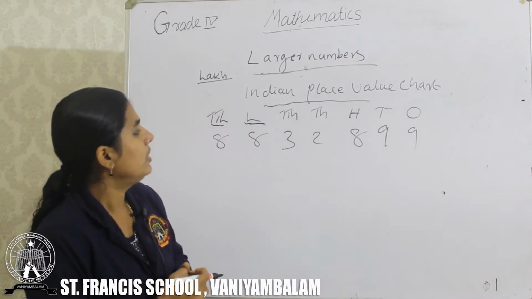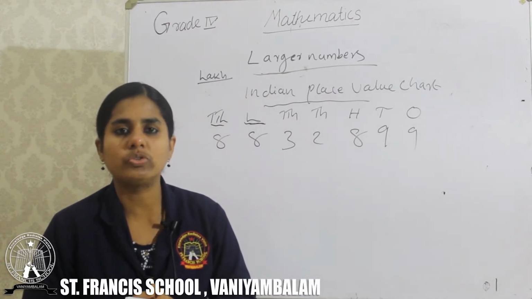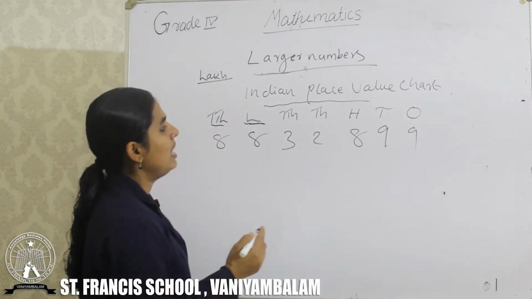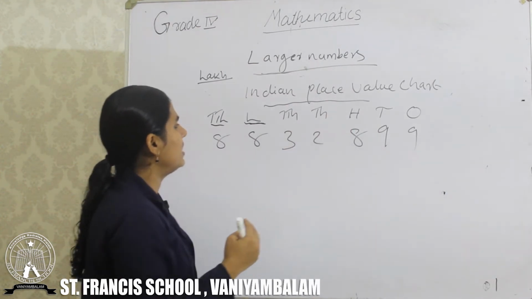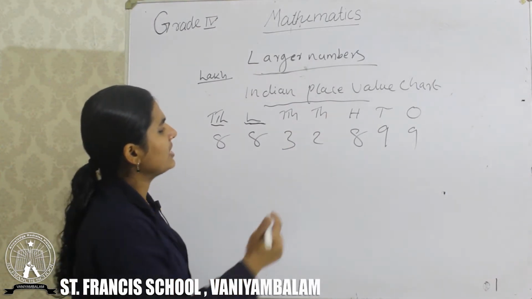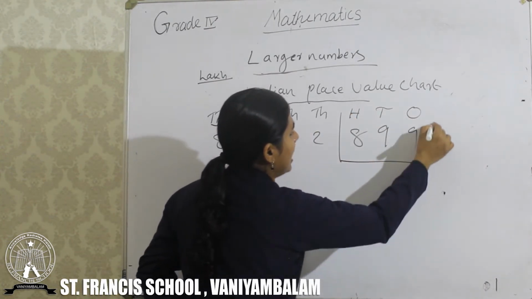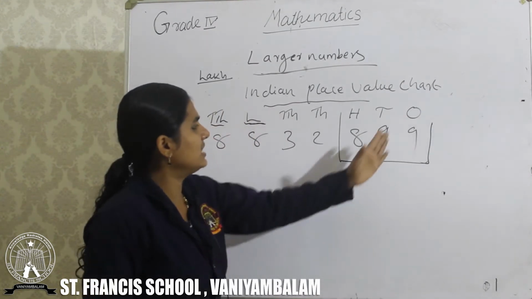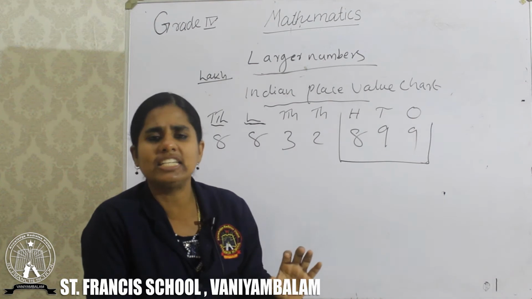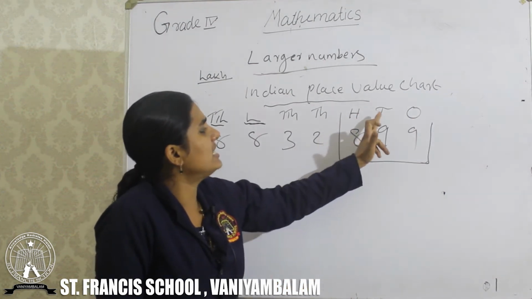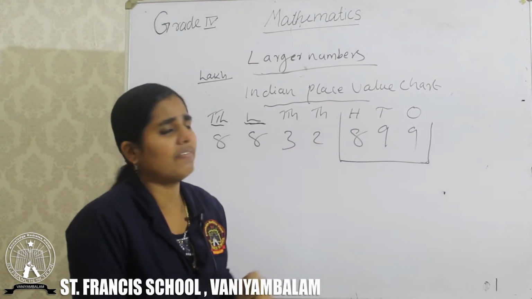Okay, children, now we can see how to read. Very simple. Before that, we can divide large numbers into how many parts? First we can take ones, tens and hundreds together. In the last class we divided tens and ones together, and 100 was in another part. In the case of large numbers we can take hundreds, tens and ones together.